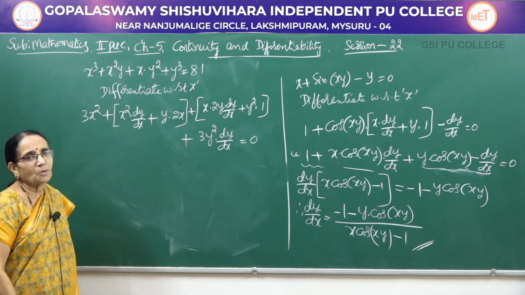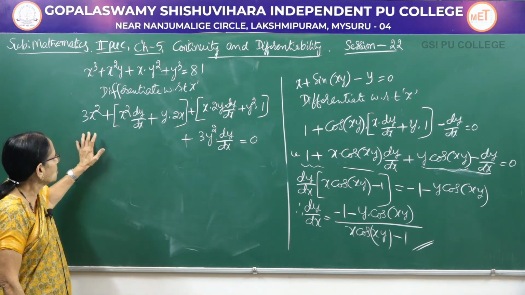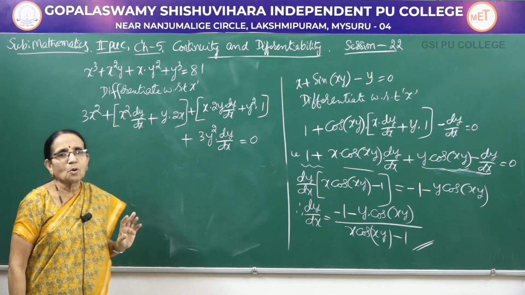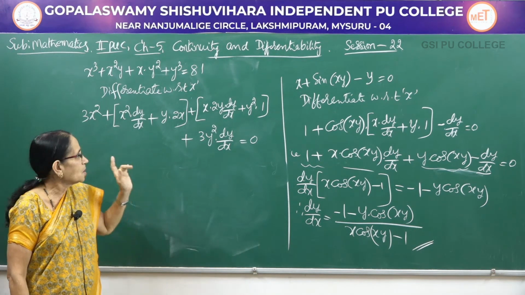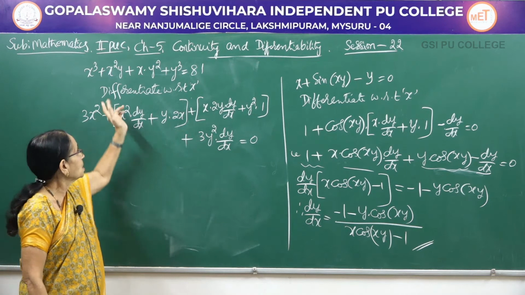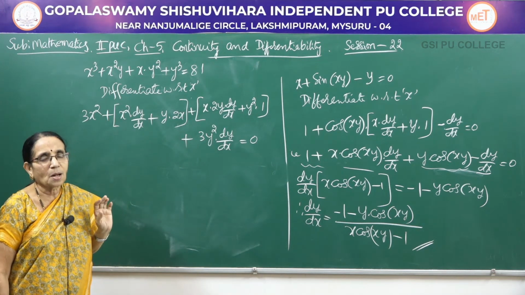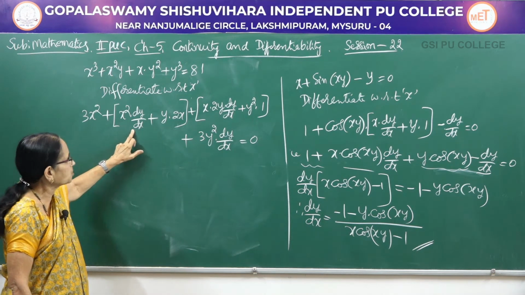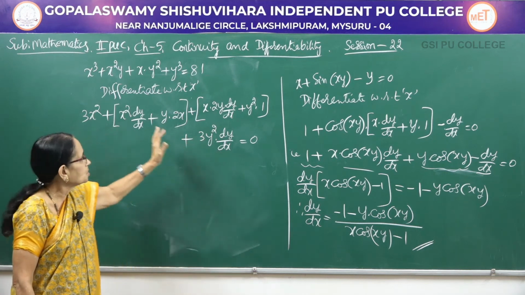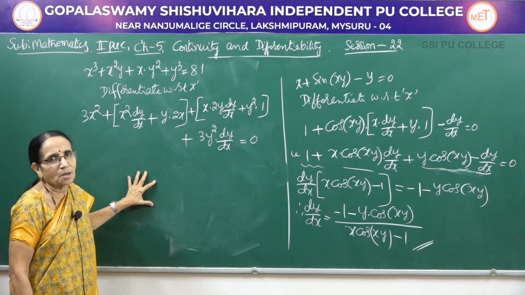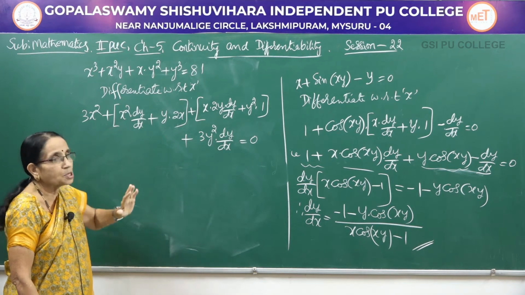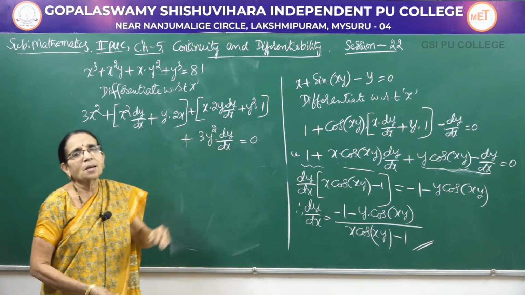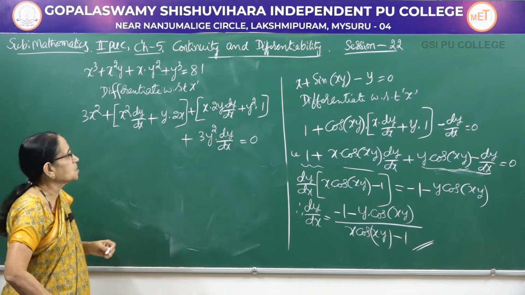So there were 4 terms in the function on the left hand side. How many did we get? 1, 2, 3, 4, 5, 6. 6 terms, because the middle 2 terms now were in the form of a product. Therefore, when you apply the product rule, 2 terms each we will be getting, so totally there are 6 terms. Let us see which are the terms containing dy by dx as a factor. First one, second one and third one. So keep all of them on the left hand side and shift the other 3 terms which do not contain dy by dx, this one and this one, to the right hand side. Then you can rearrange the terms and get the result.